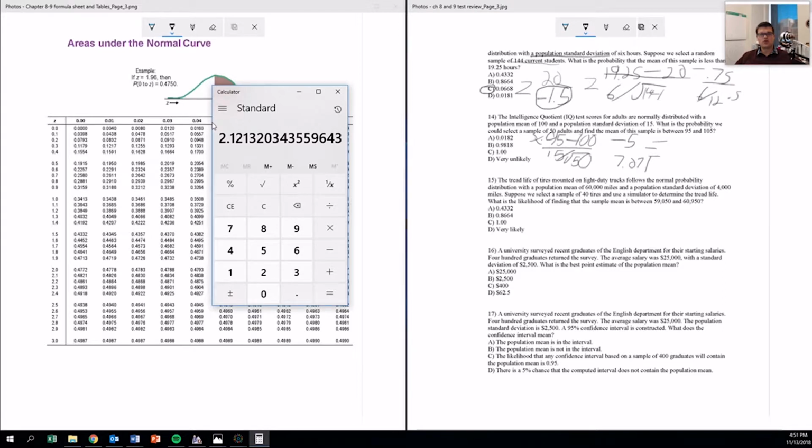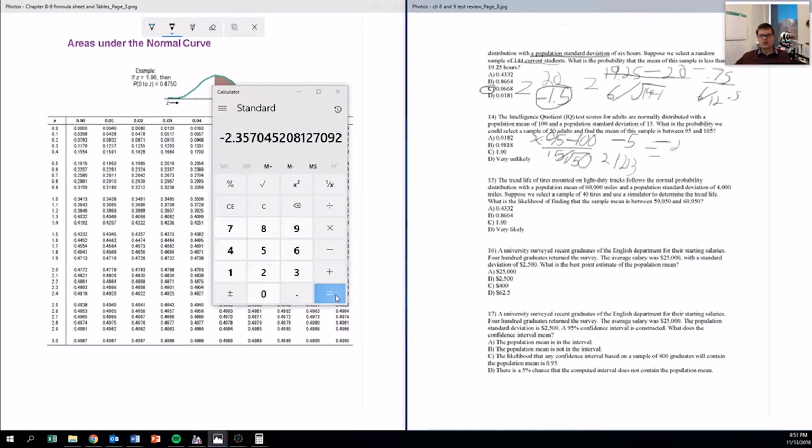Okay, and let's draw this. 2.1213. And so we've got 5 negative divided by 2.1213 equals negative 2.357. So we find the z-score of negative 2.357, and the question is what's the probability of a sample being